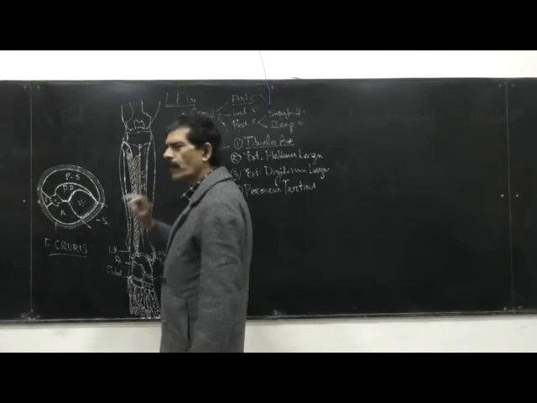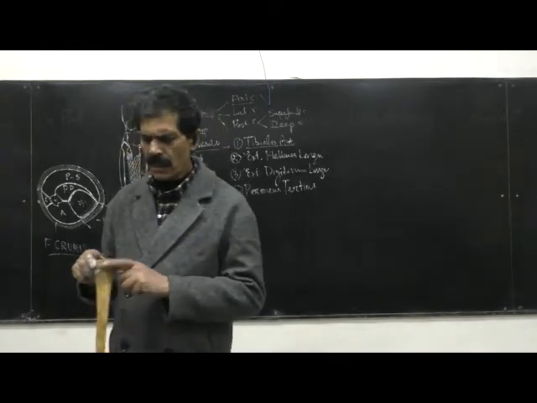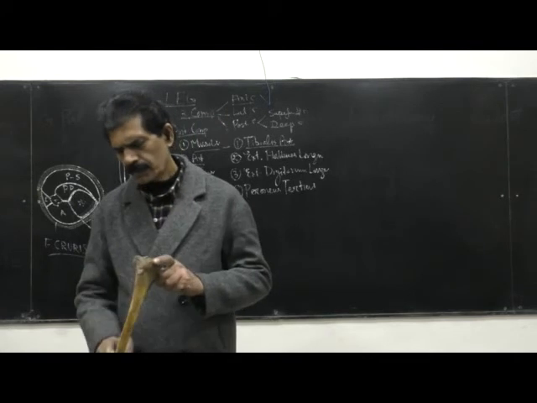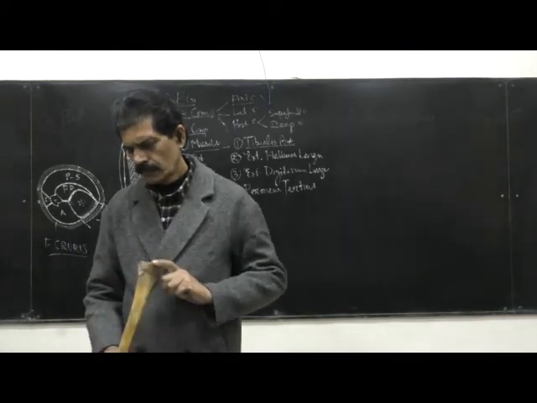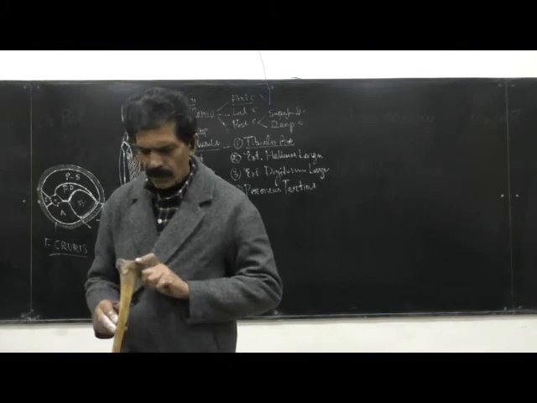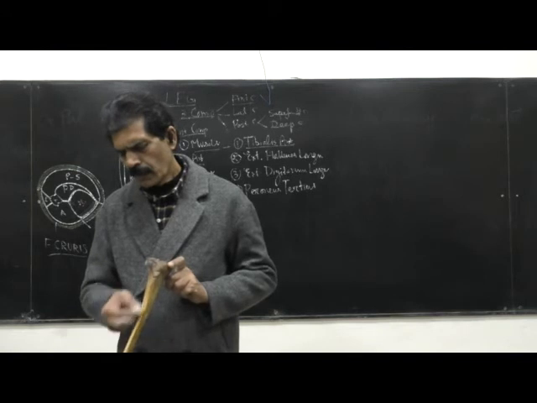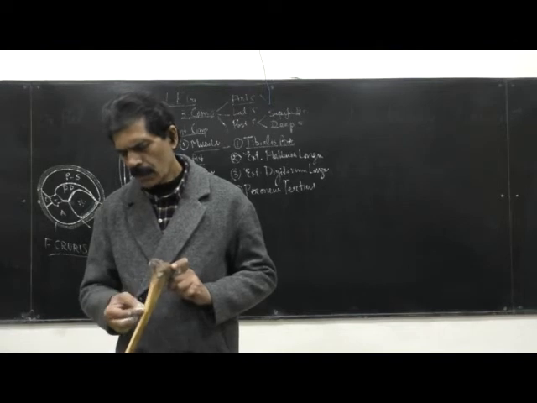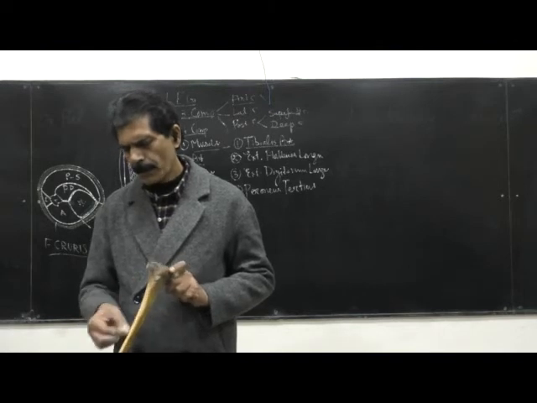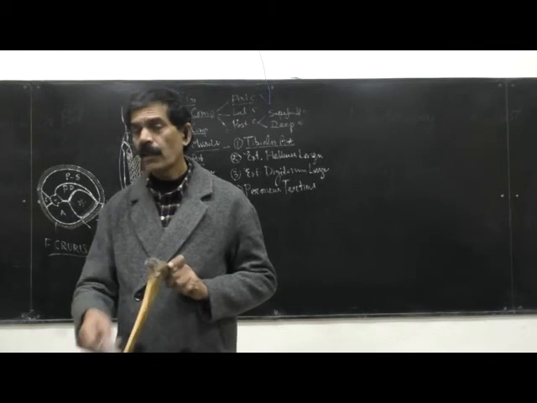So it will take origin from the front side of the tibia, and in the front side of the tibia comes the lateral surface. So this is the lateral surface of the tibia, and from here the whole area will make the origin of the tibialis anterior muscle. So a large area of origin we have to mark whenever asked in the examination. So this much area you have to mark.